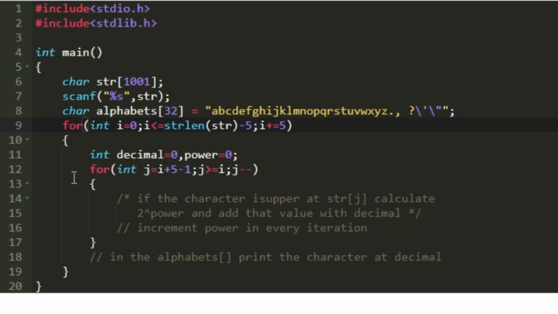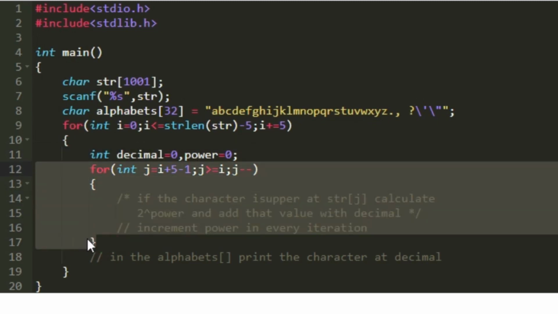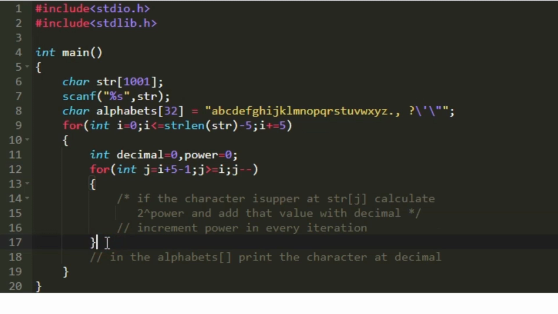Now we are not going to store the substring separately and then calculate the binary. Instead of doing that, we are just going to do everything in a single iteration. Simultaneously, while traversing through the substring, we will be calculating the decimal value. To do that, first I am creating two integer variables named decimal and power, and I am initially setting both of them as 0, and then we will be iterating through our substring from the end, because while calculating the binary we need to traverse from the end.